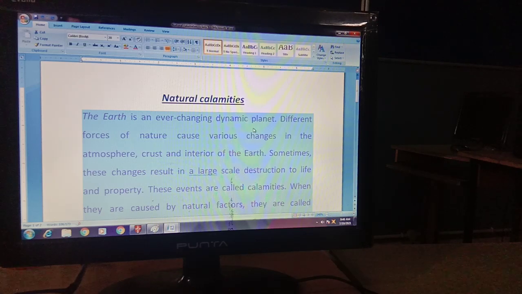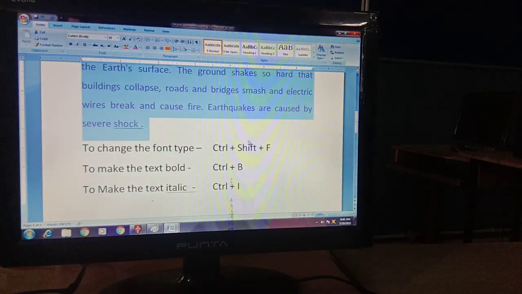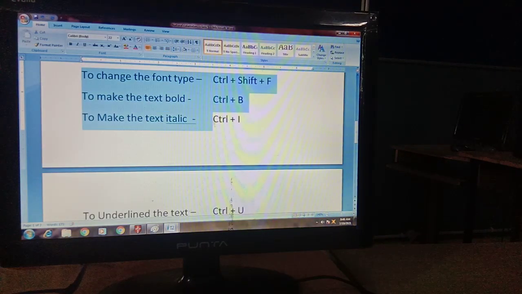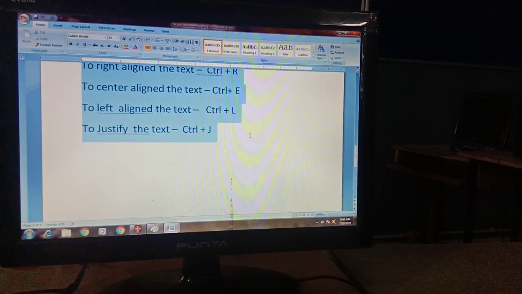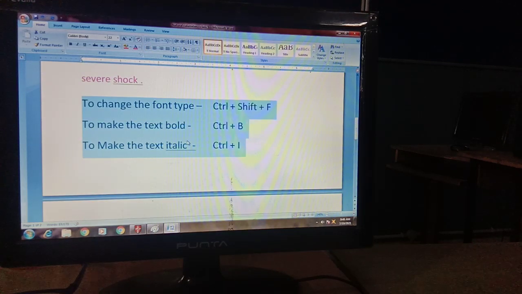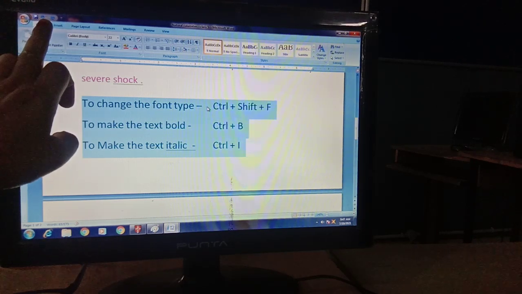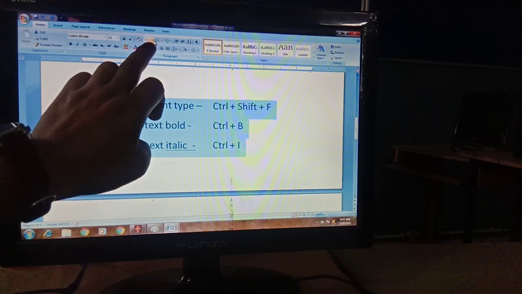Now, how to create a bulleted or numbered list? For example, these are all the shortcut keys that I explained to you in the previous video, that I told you to write in the previous video. So I need these to be numbered 1, 2, 3, 4, or A, B, C, D, or first, second, third in Roman numbers. So where do I have to go? I have to go to the Bullets button in the Paragraph group in the Home tab. Home tab के paragraph group के bullets button में आप जाओगे.